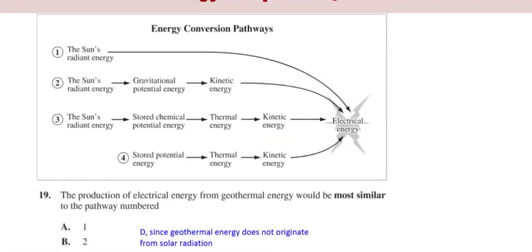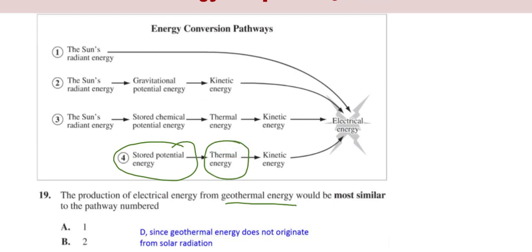All right, here's an example diploma question. So we have some different energy conversion pathways. I want you to read through this, pause, and see what you're going to get for your answer and why. So when we take a look at this, the production of electricity from geothermal energy is most similar to this pathway. Well, we know that geothermal energy starts with energy in the center of the core of the Earth, which is a nuclear reaction or nuclear potential energy that is in the elements in there, isotopes. So we're looking at stored potential energy as the beginning, and that energy is transferred to the water as heat or thermal energy,